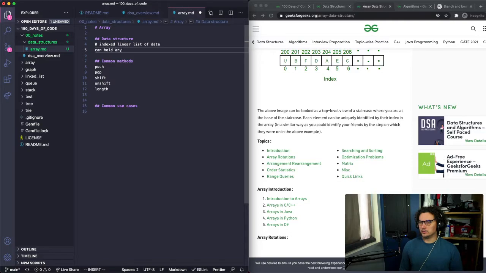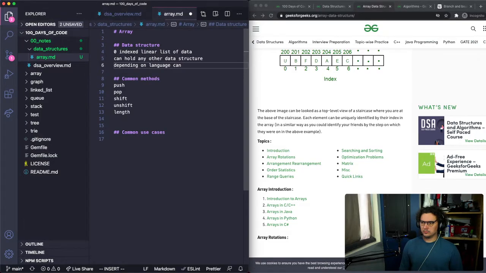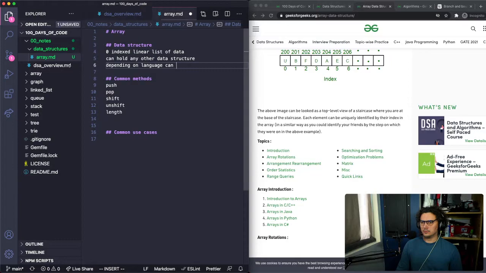Can hold any other type. Structure. Image. It looks so bad.